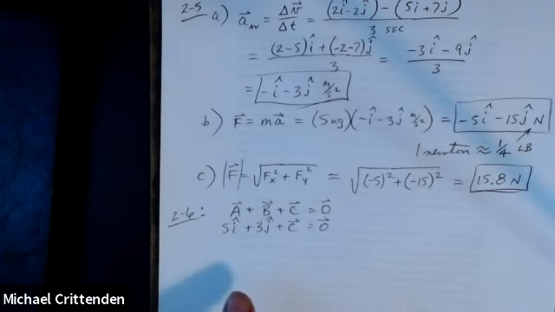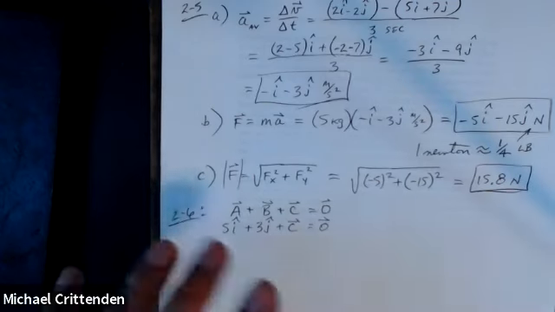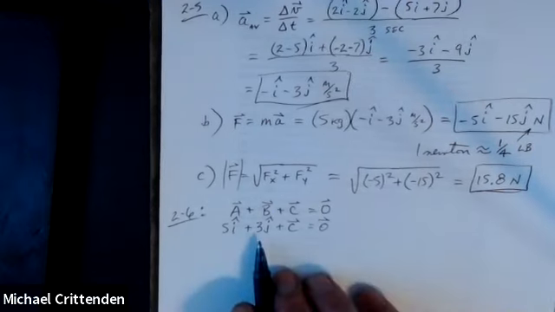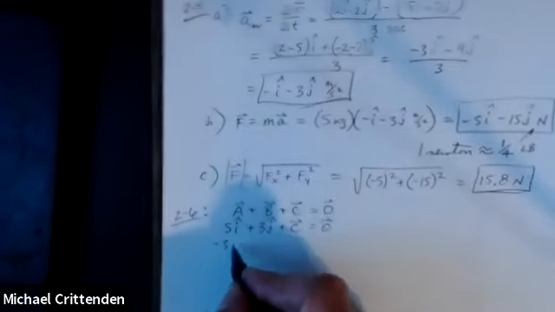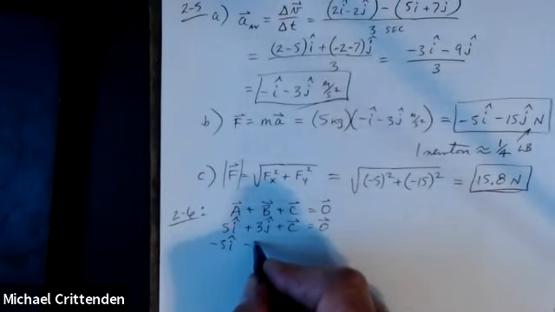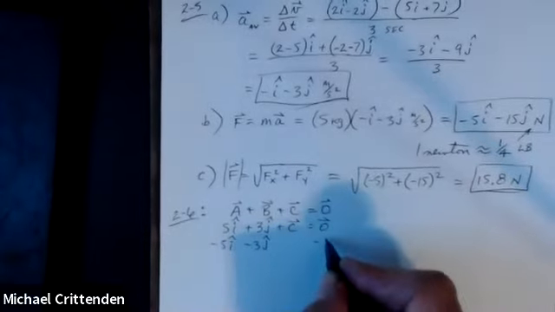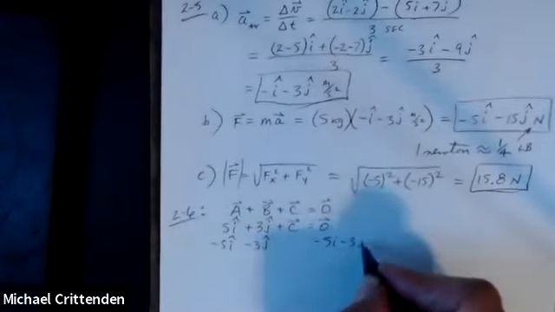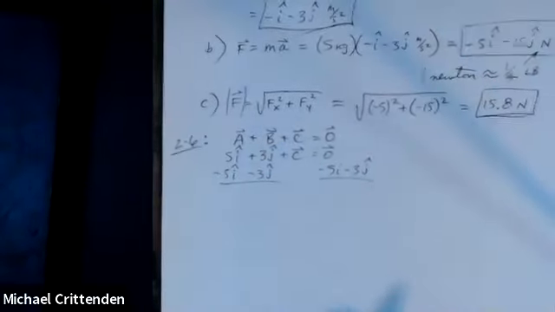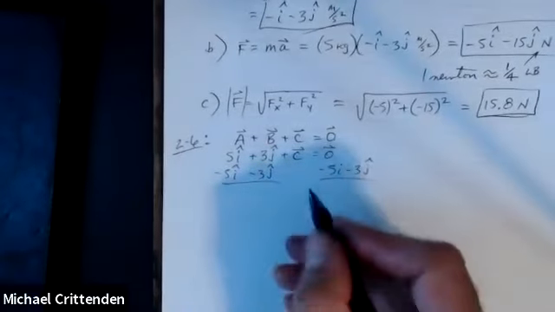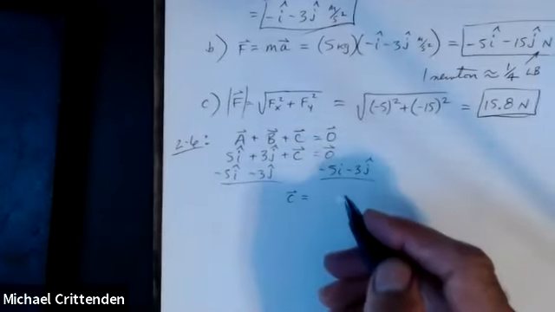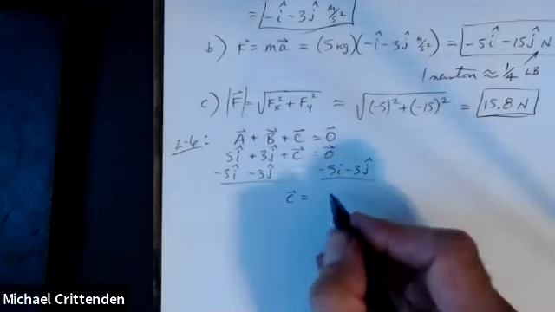But for something like this, everything you're used to, you solve it the same way you would any equation. We're going to subtract 5i from both sides. We're going to subtract 3j from both sides, just as if it was an equation full of scalars instead of vectors. So when you do that, what's left to the left of the equal sign is just vector C. As usual, the goal is to isolate the variable. C equals